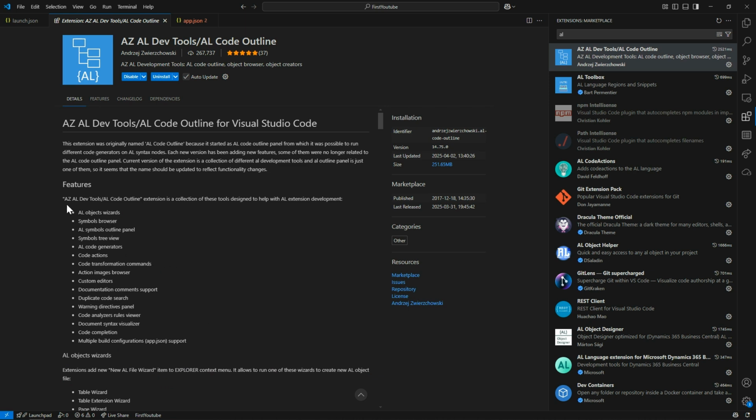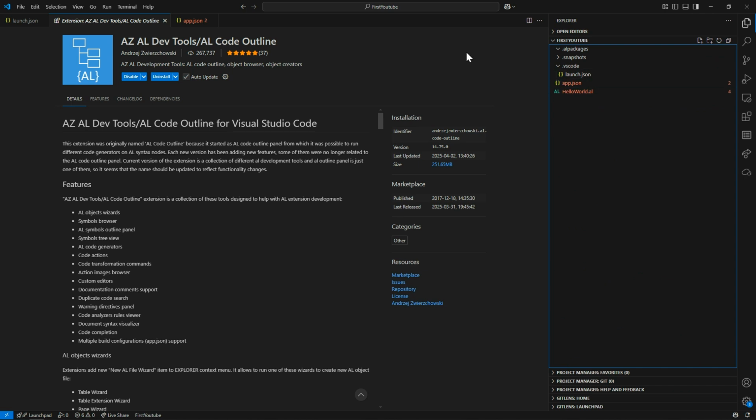It's more like a boilerplate. It helps you to create an object very quickly. So I highly recommend you install these two extensions, and once you are done, you should be able to have something like this. Now let's get into the JSON files so we can explain what these two JSON files do,